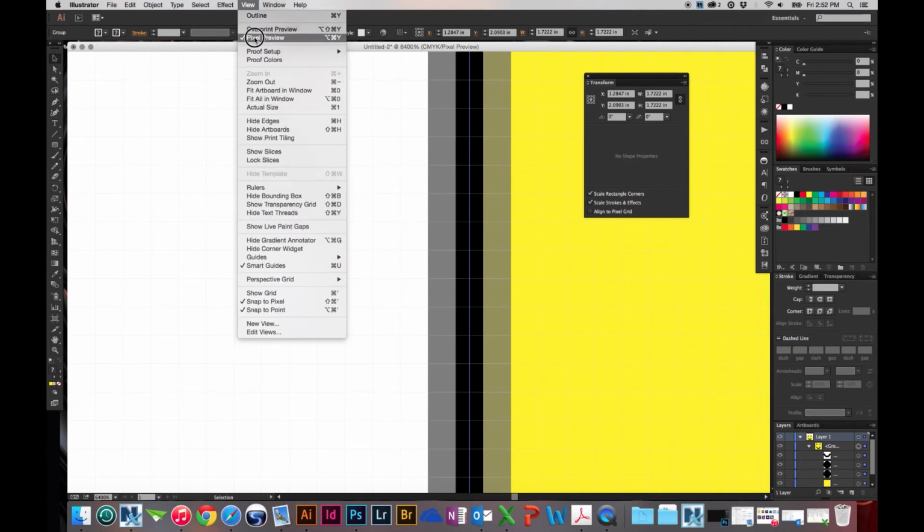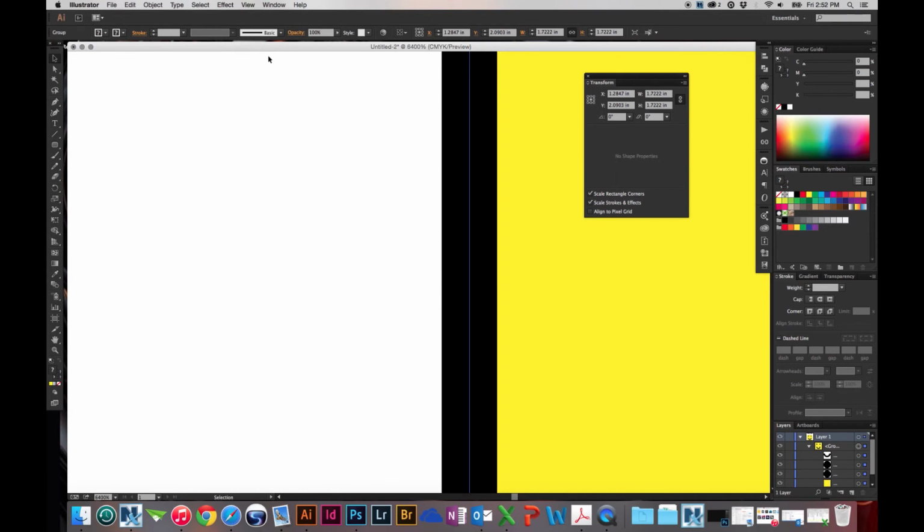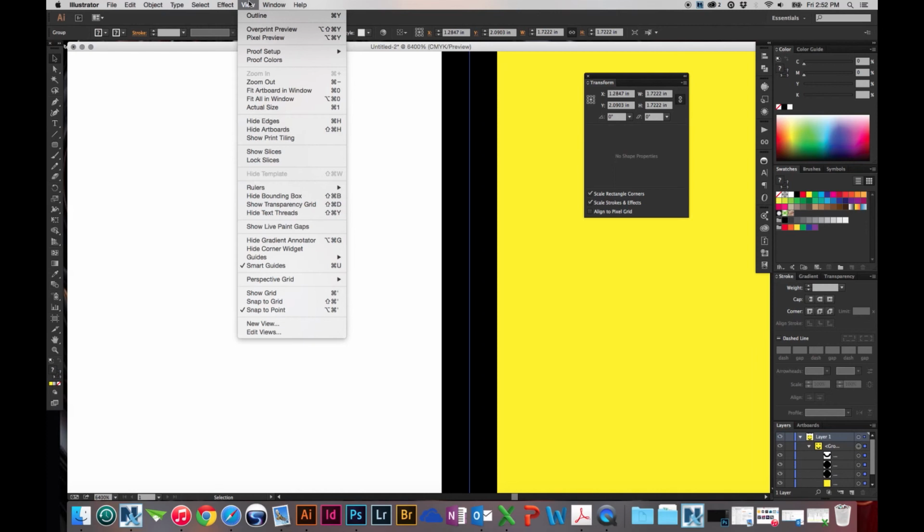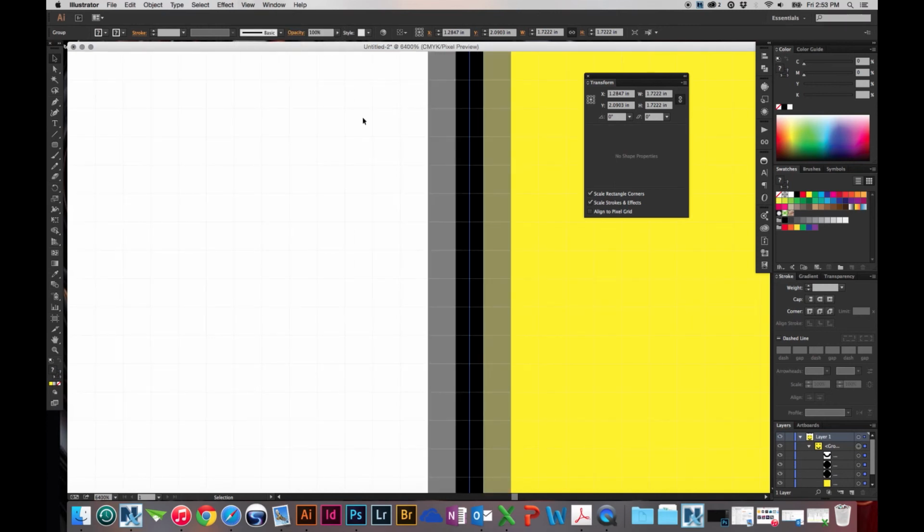and we'll uncheck the preview. Now you see it's a solid line, which is what it really is, because a vector is a mathematical point system based off of points. What's the distance between point A and point B? If there's a curvature, what's that curvature? Don't ask me what the math is, I'm not very good at that stuff. Alright, so let's turn on Pixel Preview again. So now we're looking at